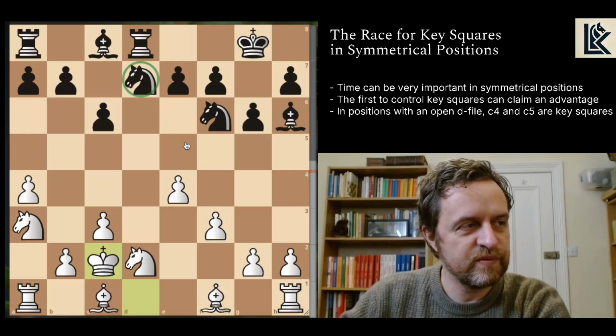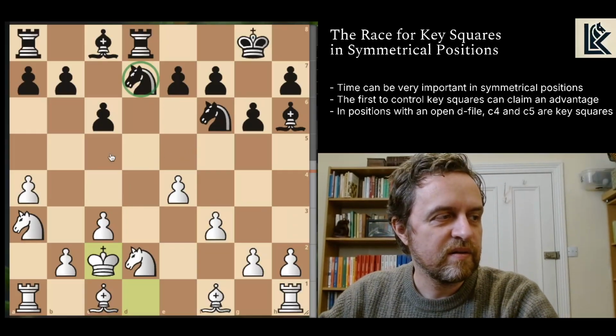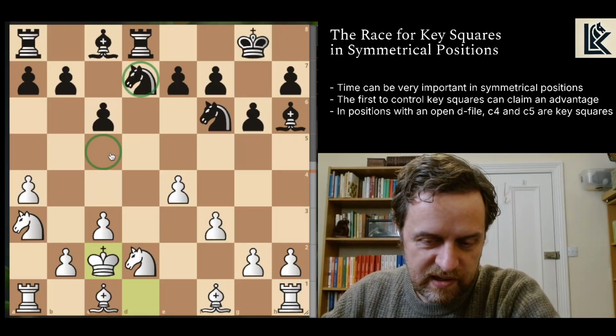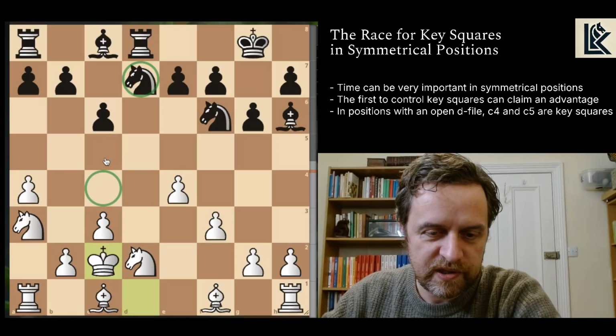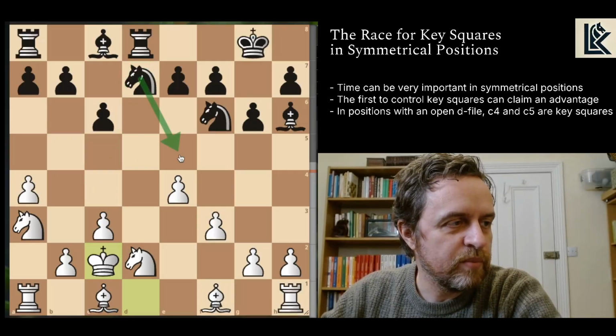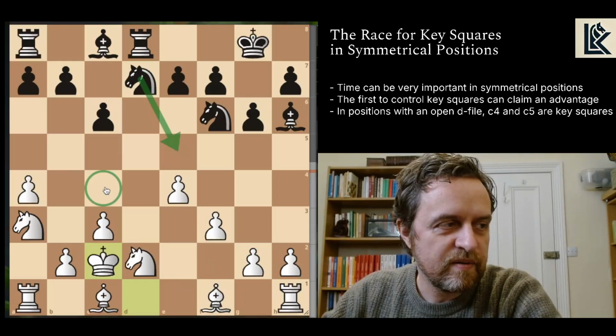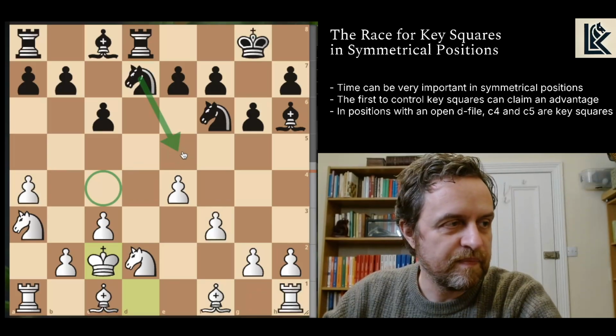Black has a choice of what to do with this knight, and he can either develop it to what looks like its ideal outpost on c5. So since we're talking about trying to control these squares, it looks like black should occupy this square. Or he can put it here with the idea of trying to disrupt some of my control of the c4 square. I think this might have been slightly better. If you look at the position after the next move,